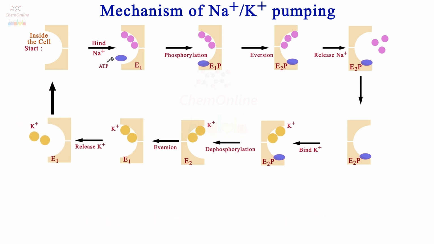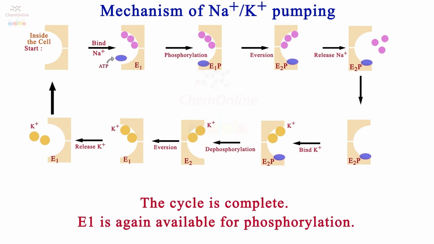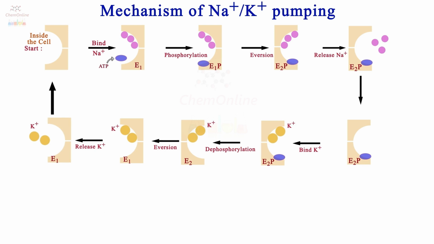The cycle is complete and E1 is again available for phosphorylation. So once again, E1 will bind an ATP molecule and 3 Na+ ions from inside the cell, and the process will repeat. So here we can say that the enzyme ATP combination, that is the ATPase ATP combination, acts